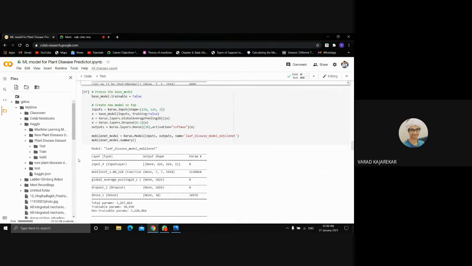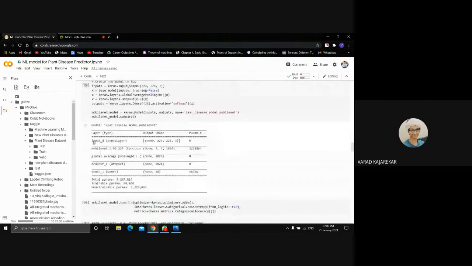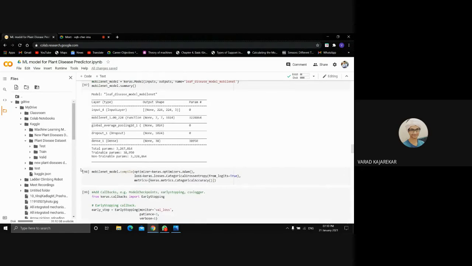The final layer output would have 38 probability values, as we have 38 different output labels, and from that 38, the most probable value would be finally projected as our final output.